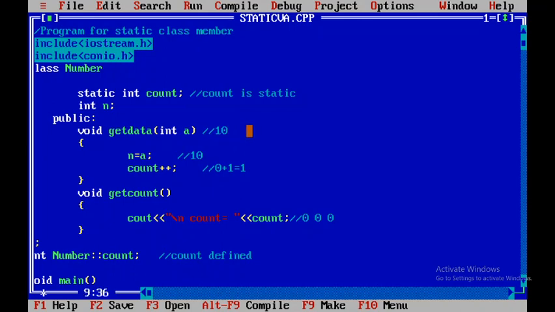For y the parameter is 20, so n of object y, that is the data of object y, will now become 20. After that it again increases the value of count by 1, so count++ equals 2.